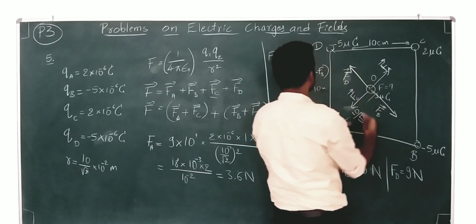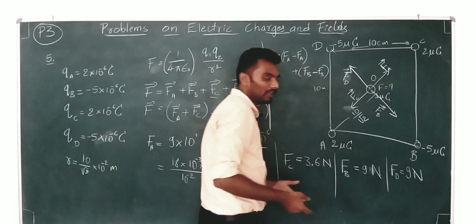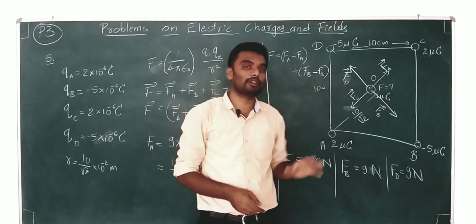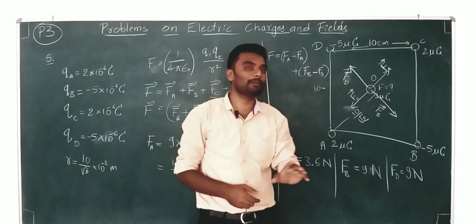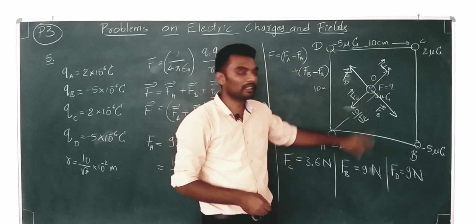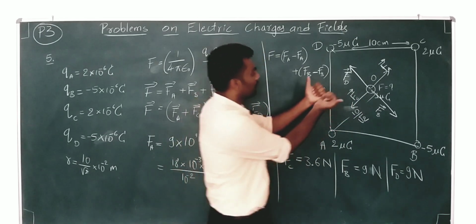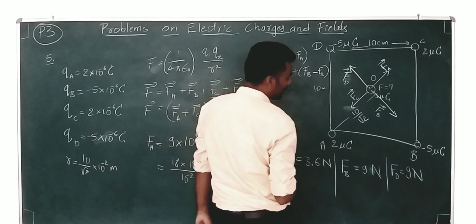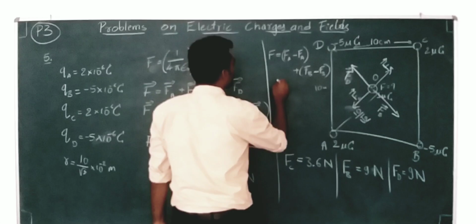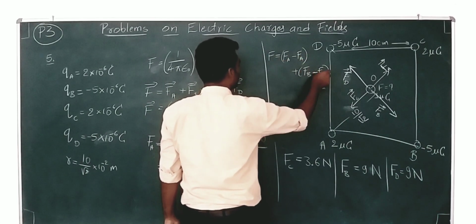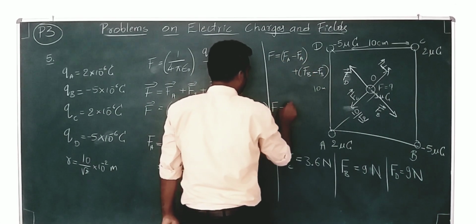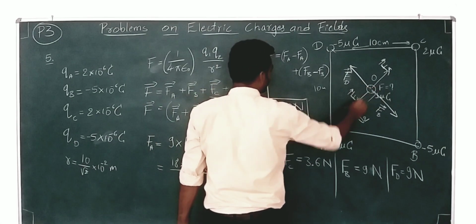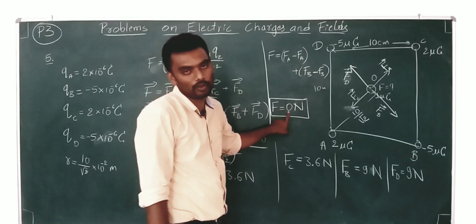So when you put them into vector form, you can put them into the formula R is equal to under root of P square plus Q square plus 2PQ cos theta, where theta becomes 180 degree, right? The angle is 180 degree. So they are actually opposite to each other, and hence finally it becomes FB minus FB. They are equal in magnitude. That's why they cancel, 0. So the net force experienced by the charge at the center of the square is 0 Newton.